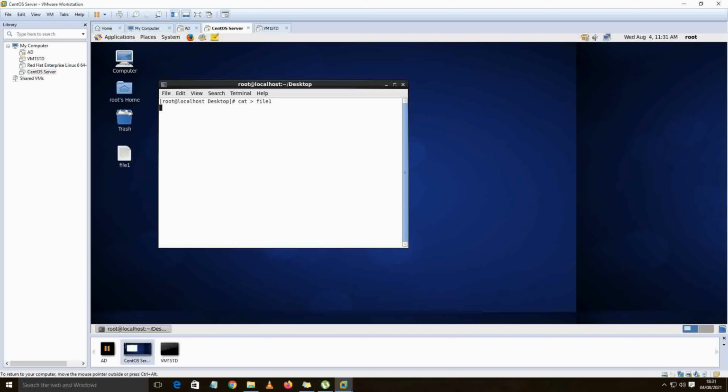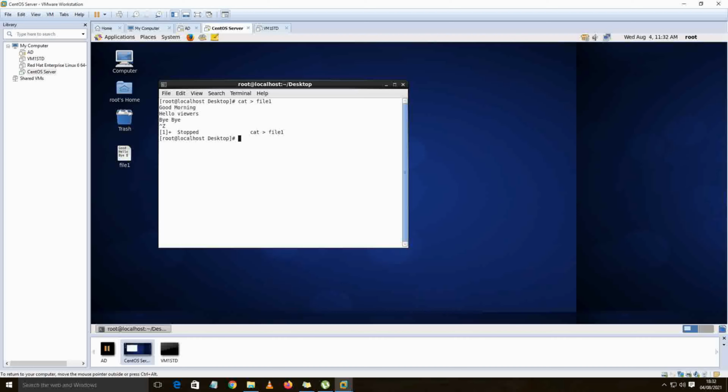Now it is asking me to insert some content into it. So I am going to write some content, that is good morning. Hello viewers. And suppose bye bye. These are the contents which I have to write inside the file. Now to come out, I am going to press Ctrl Z, which is going to stop that particular session.